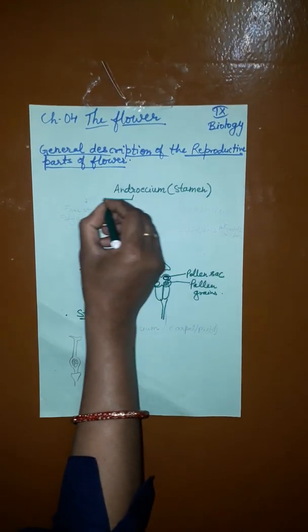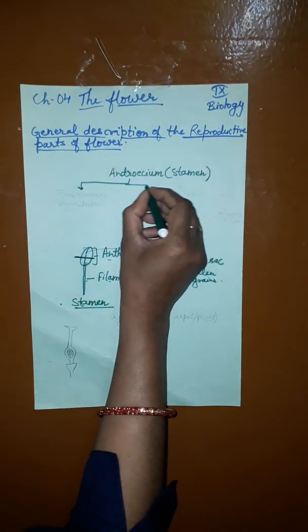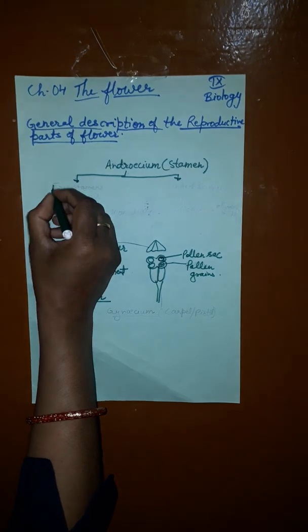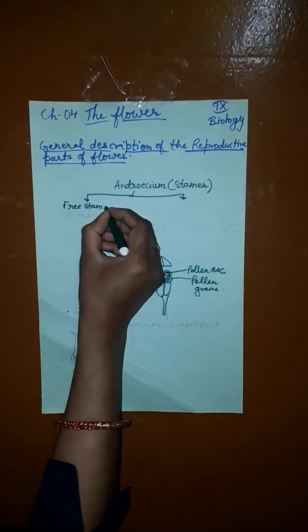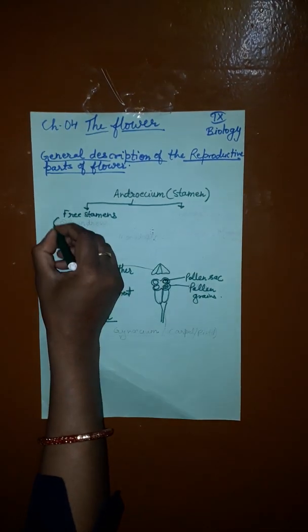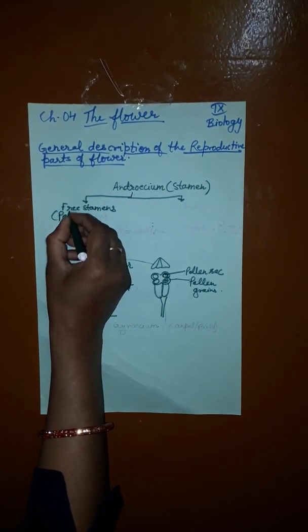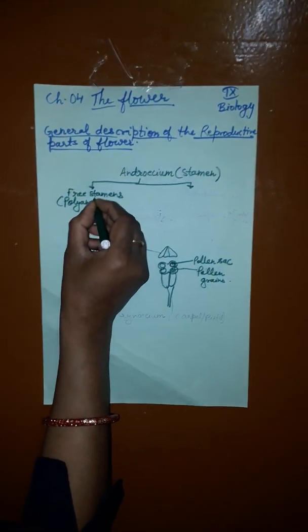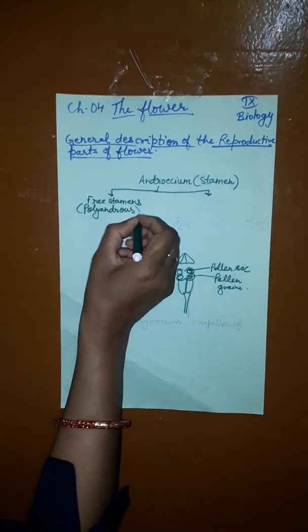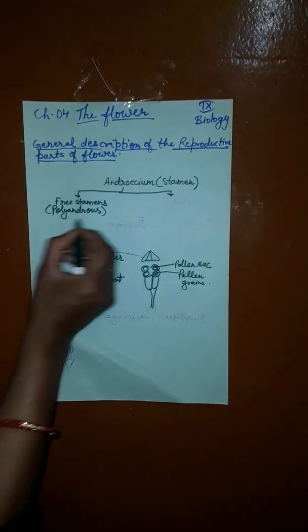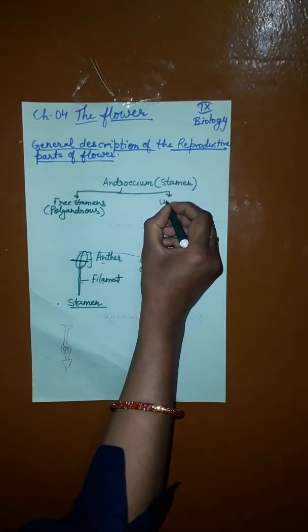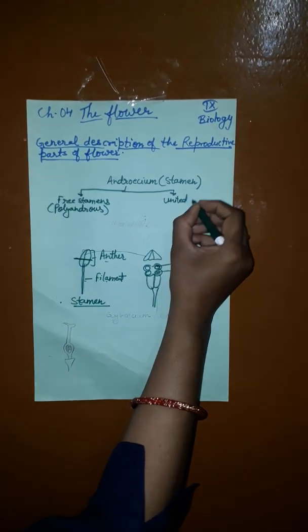Now androecium, or stamens, are of two types. First is free stamens, like in Petunia hybrida, or in botanical terms, polyandrous. When stamens are in free condition, that condition is called polyandrous condition. When they are united or joined,